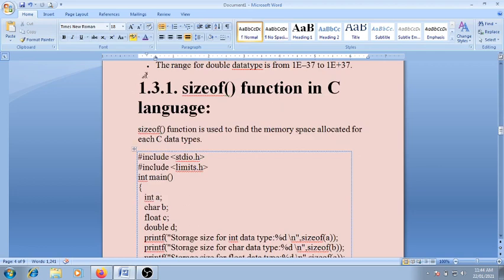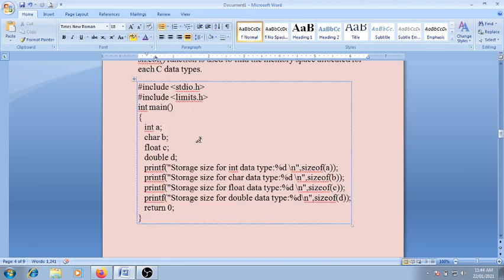Next, in this program, the sizeof function is used to find the memory space allocated for each C data type. This program is written here: hash include stdio.h, hash include limits.h, int main.